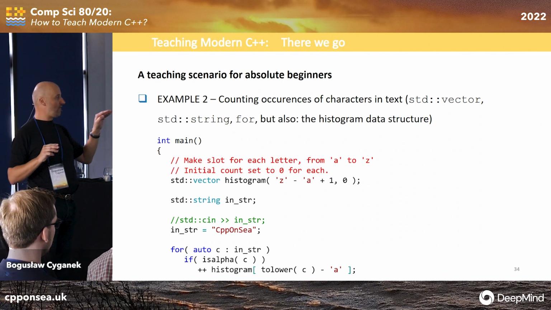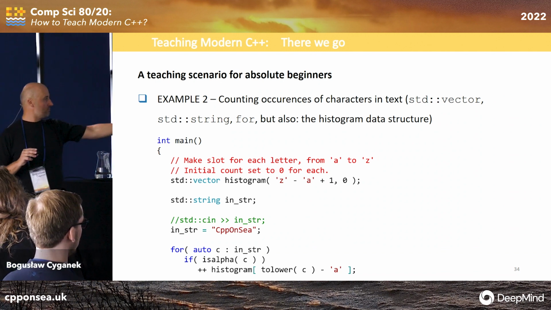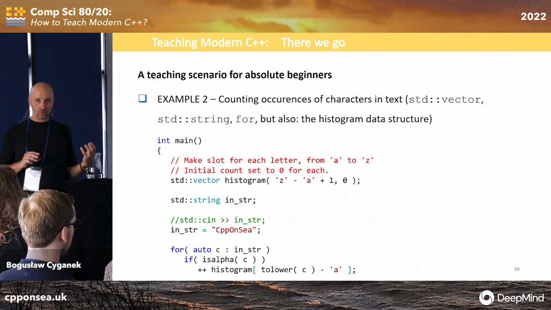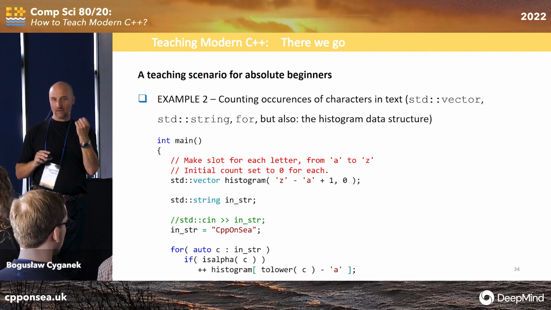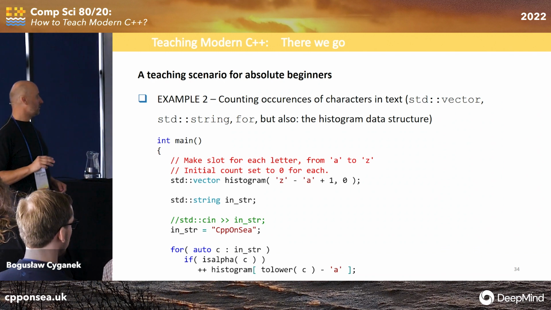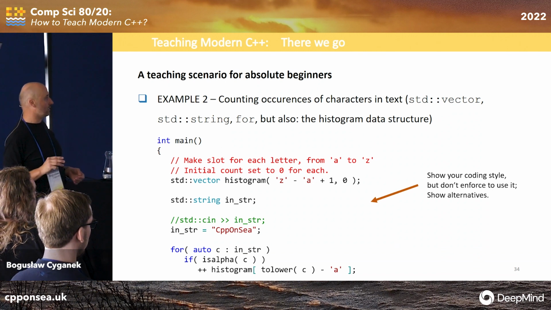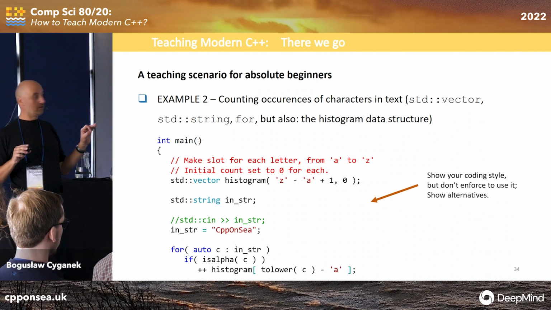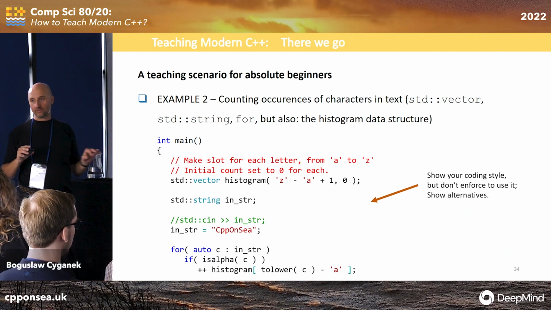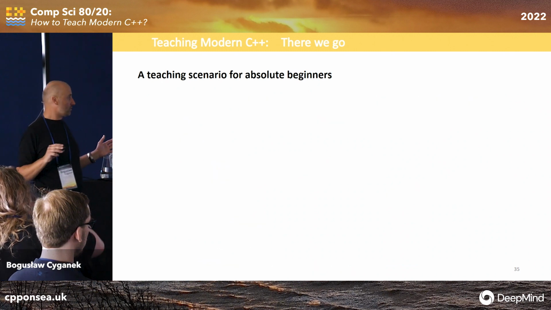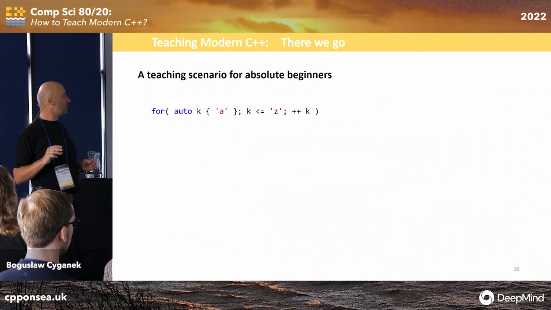And how I found out which one: I am just taking the code of a letter, transforming it into a lowercase letter and subtracting the first, because they are organized in increasing order in memory. Just like this. And show coding style from the beginning. This is my coding style. But don't enforce this Kernighan-Ritchie style or whatever. They can choose. But we can talk about this later.